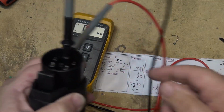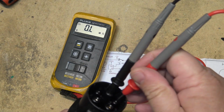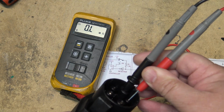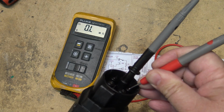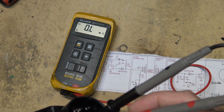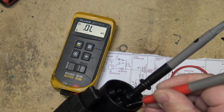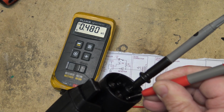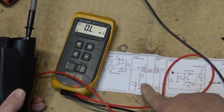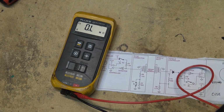Another thing we need to check is the proximity pin to ground. This is when you push the button in. When the button's not pushed in, we have 150 ohms approximately. If I can make my probe make a connection here. And when I push the button in, it goes to 480 ohms. With the switch closed, 150 ohms. When you press the button in, it opens the switch, and then you go to 480 ohms,